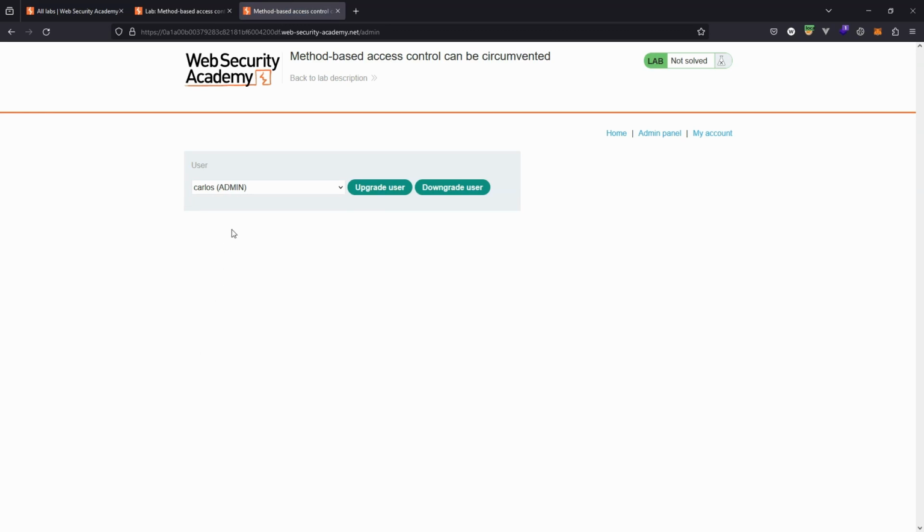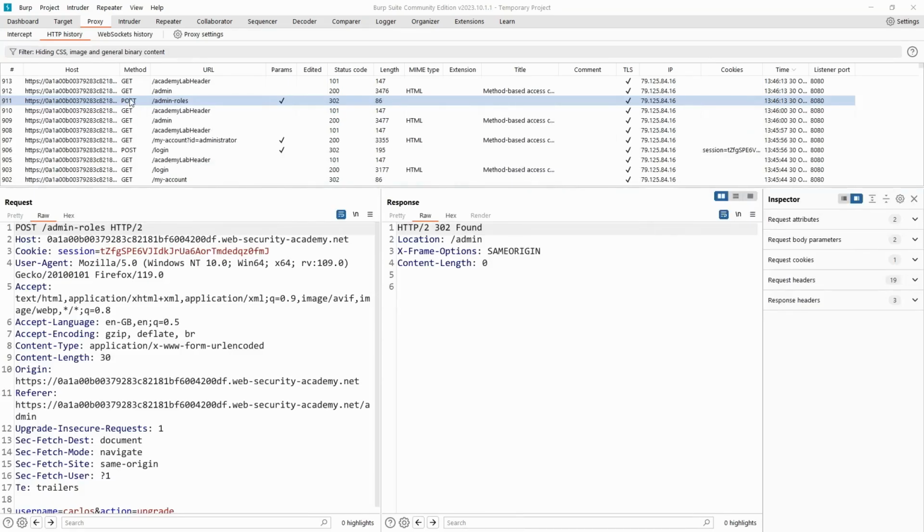to administrator. Now, our objective is to make Wiener an administrator, but obviously doing it through the admin panel would be cheating. We're just here so we can get a feel for how the website works. Taking a look in Burp Suite, we can see that a POST request was created to the endpoint /admin-roles. And we see we get a 302 response, which indicates that the page has been found and that the operation